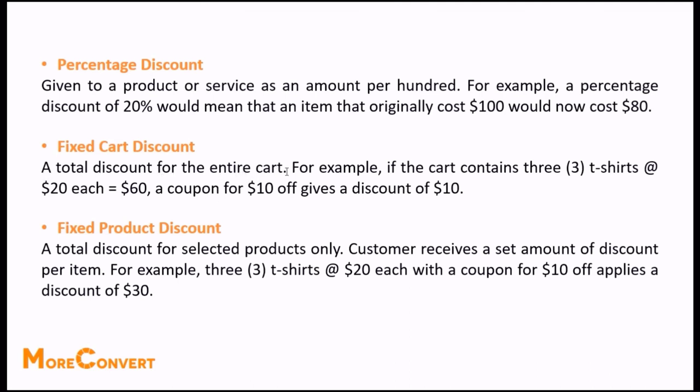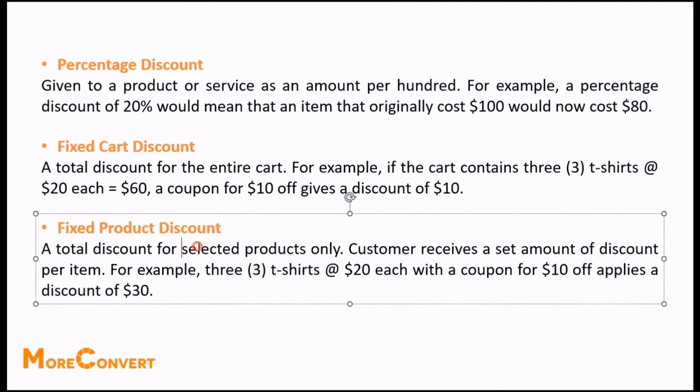For example, if your cart contains 3 t-shirts that each one costs $20, the total price of your cart would be $60. But if I give you a coupon for $10, you will save this amount and the total cost of your purchase would be $50. And the last one is fixed product discount, which is a total discount for selected products